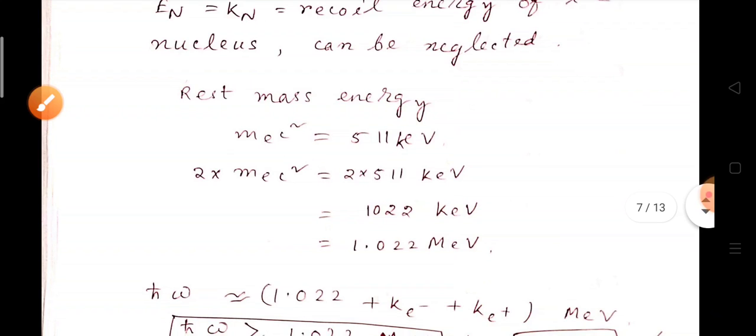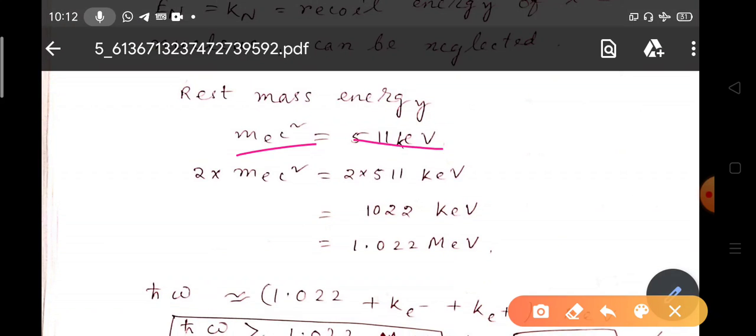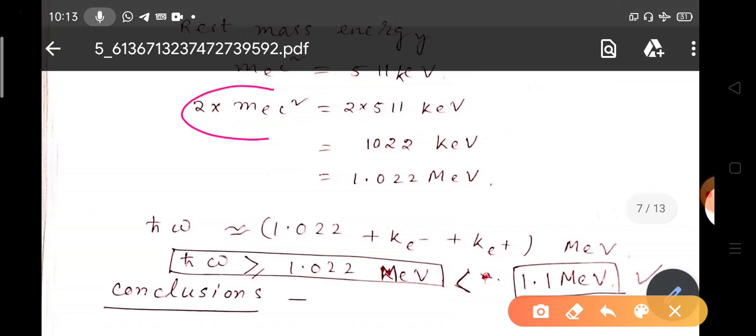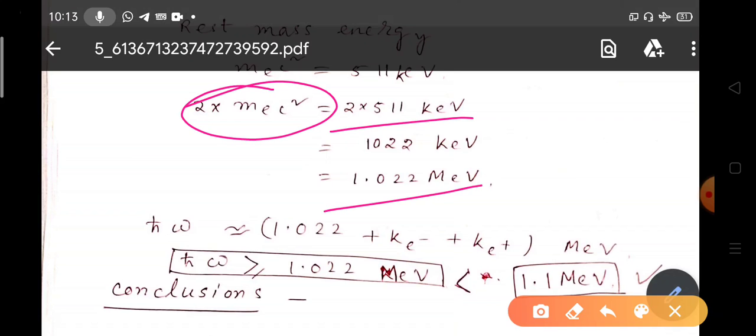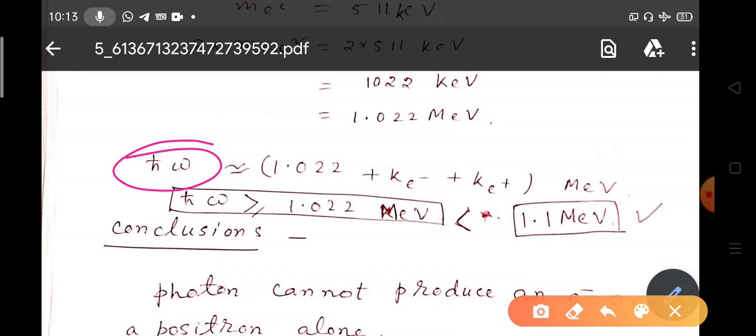Now the rest mass energy of an electron or positron, m_e c squared, is 511 kilo electron volt. So 2 m_e c squared becomes 2 times 511 keV, and that gives 1.022 mega electron volt. So the incident photon energy h cross omega equals 1.022 MeV